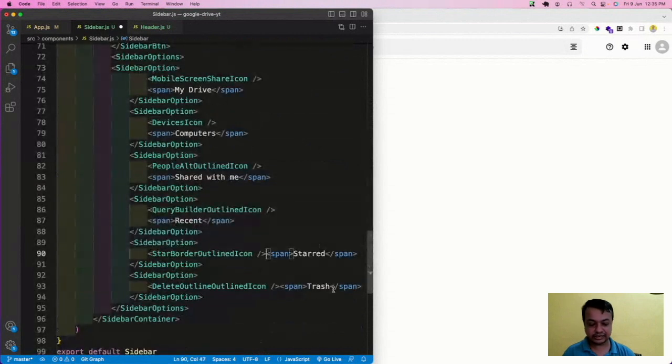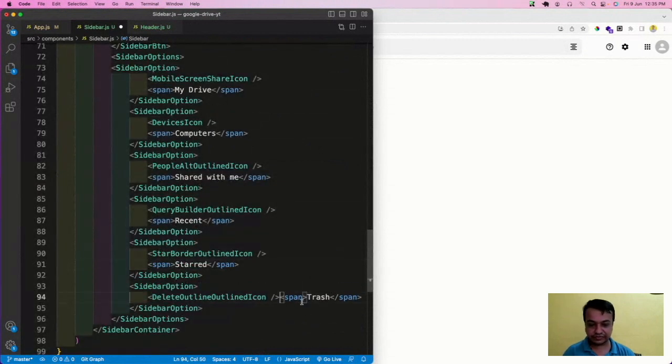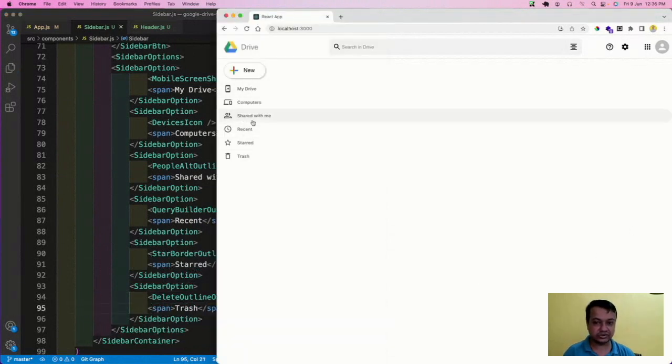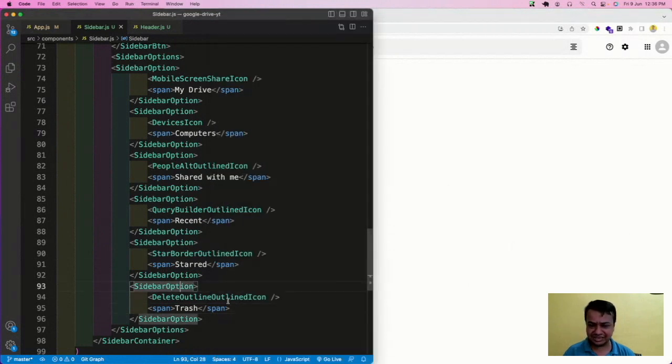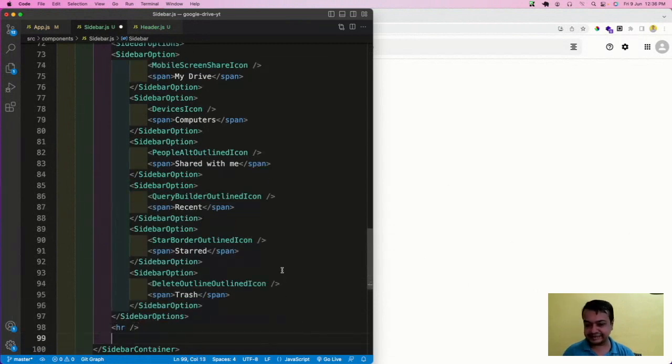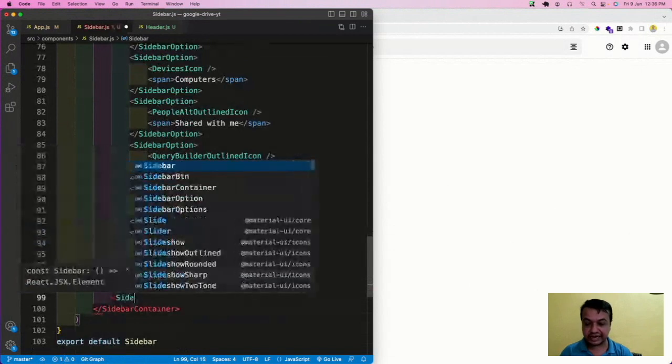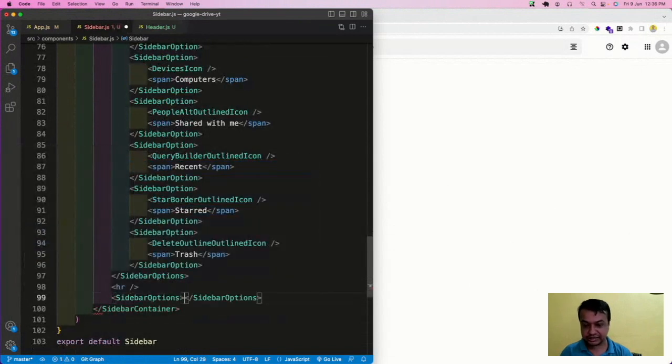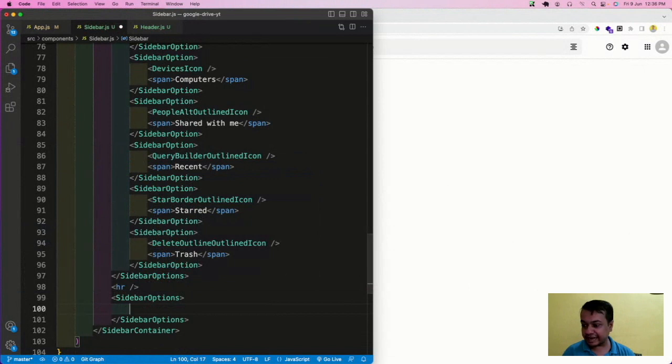Okay, so that is there. The trash icon is there. Save it and see. You're going to see all these things are coming fine. Now the next thing which we are going to have is another thing here. So after this, I'm going to have a horizontal rule, and I will again have sidebar options. Okay, and inside this sidebar options,